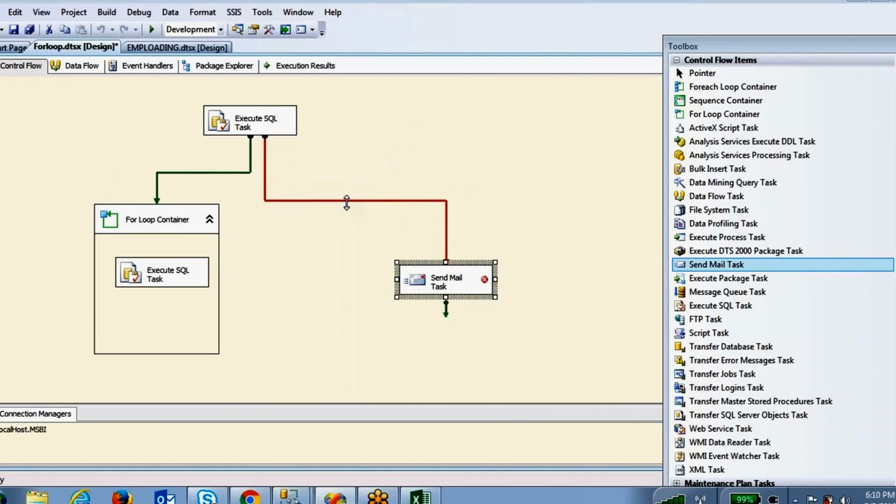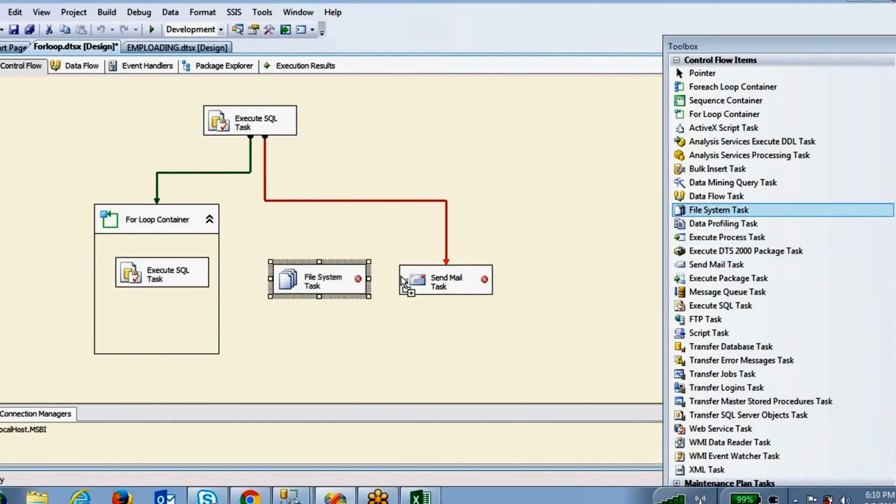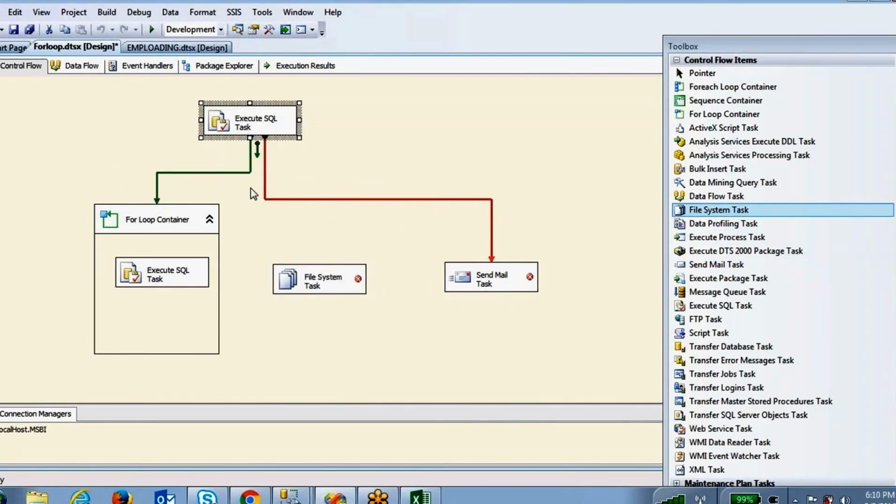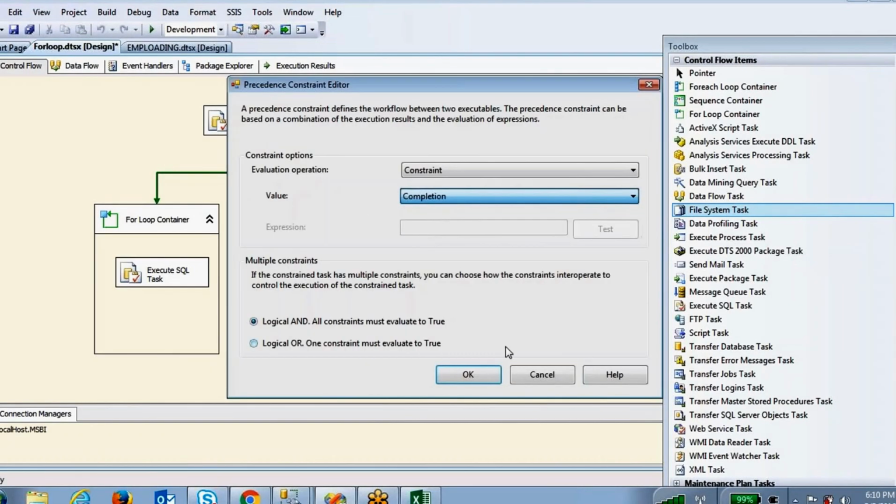Whether it is success or failure, whatever, if the execution is completed, success or failure, I want to execute another task. That condition you have to specify as completion.